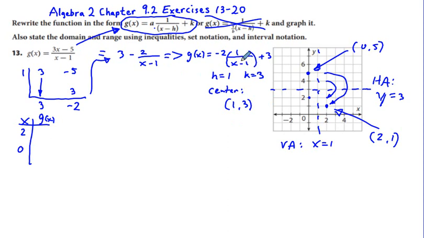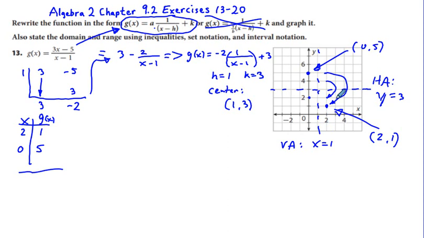And I hope you can see that if we plug in 2, we get 1 over 2 minus 1, or 1, so that would be -2 plus 3, which would be 1. If we plug in 0, we would get 1 over -1, and 1 over -1 is -1 times 2. That's going to be 2 plus 3, or 5, which corroborates where we were earlier. So now we're in good condition to graph